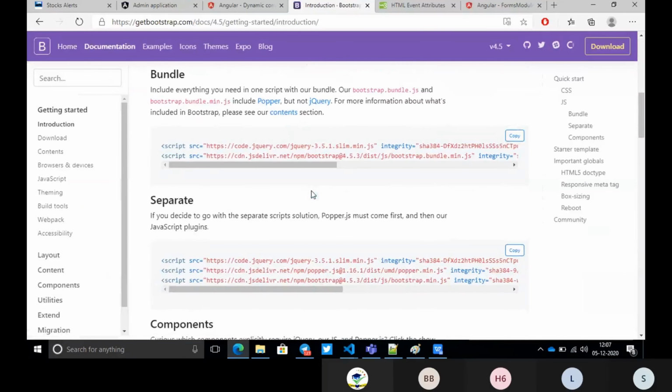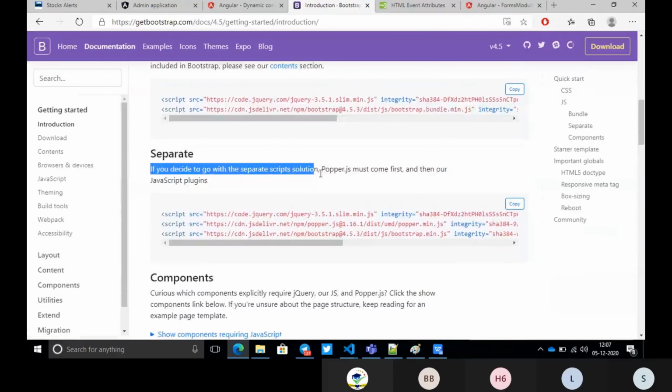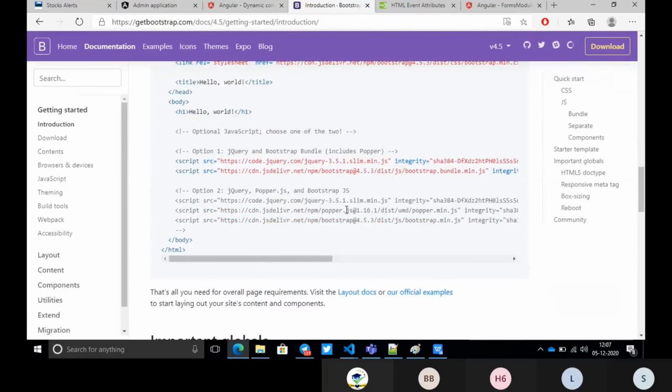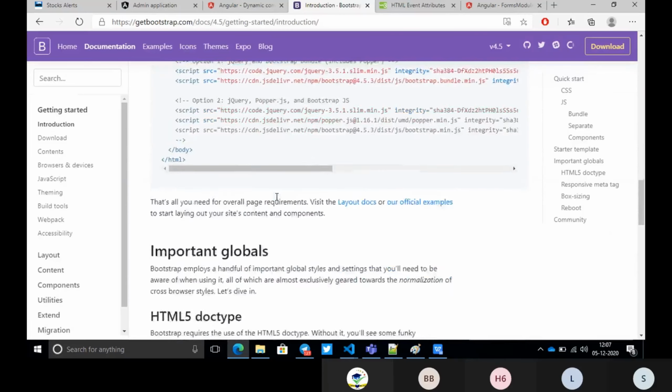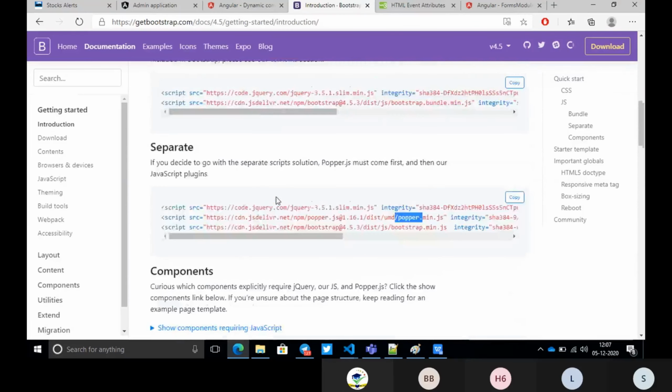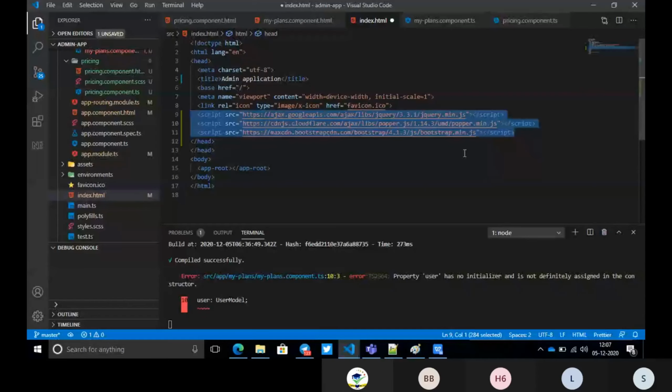If you want to use separate solutions, you need to add Popper.js and these scripts into our code. You can find it in the getting started guide itself. So only jQuery, Popper.js and these three JS files we need to import in the HTML.